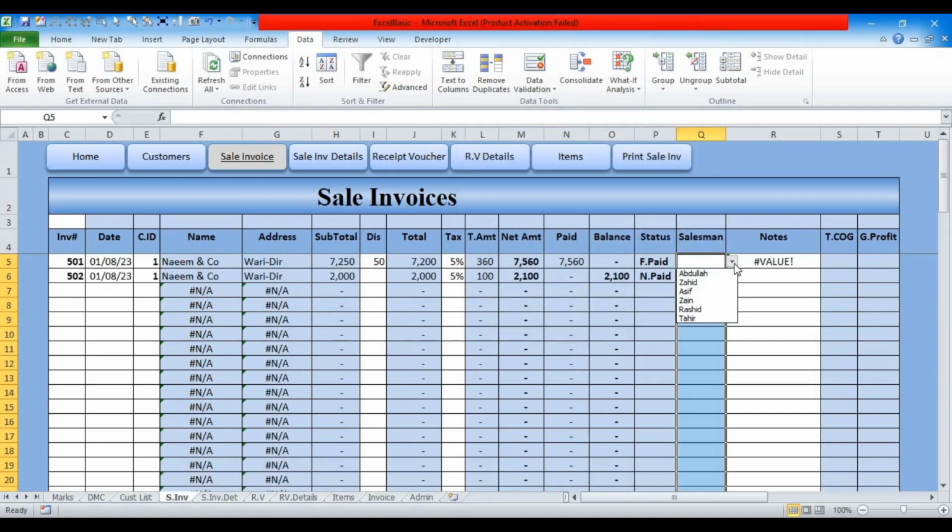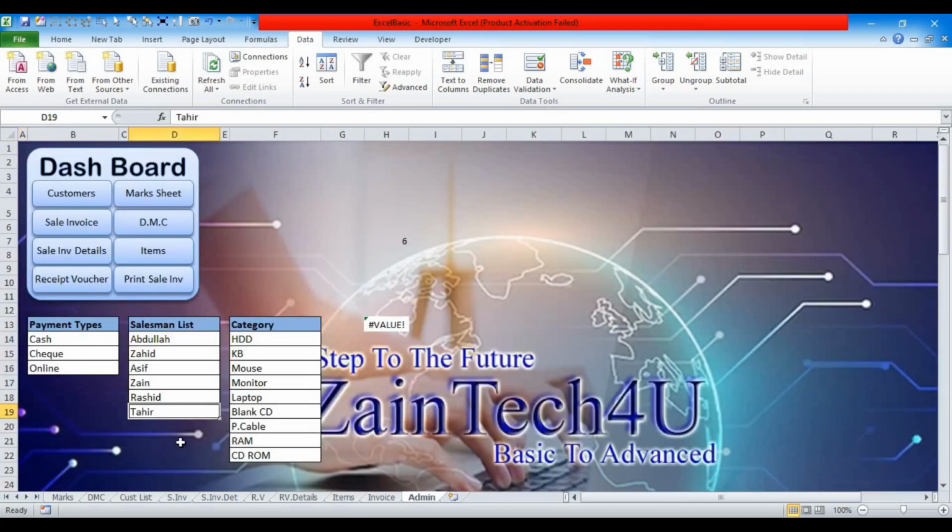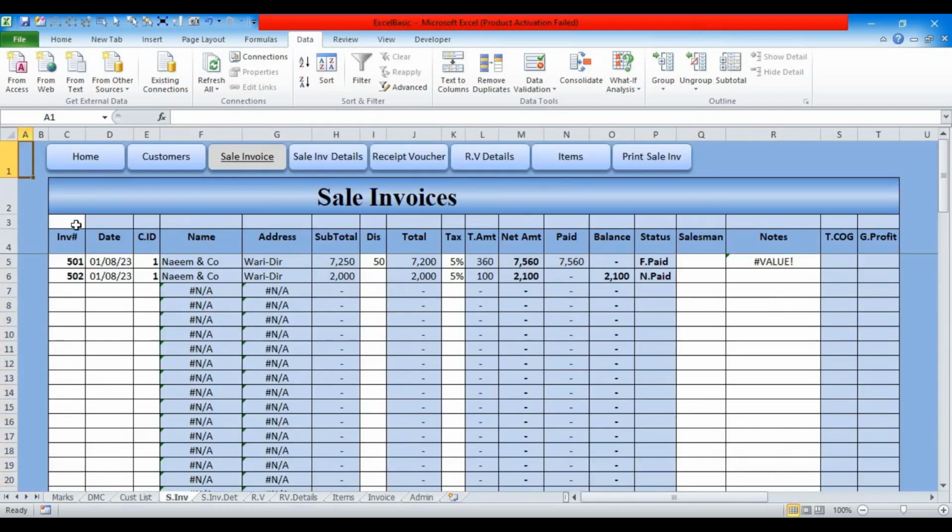Now let's see. Here you see now I only get the names. I don't get the blank spaces. So this is how, with the help of offset, you can create a dynamic list. Now if I delete, suppose the last name, I'll delete the last name from the admin sheet. I'll go back to home. I'll just select Tahir from there. Press delete. The format is changed and go to sale invoice. And here you see now Tahir is deleted. So for this sale I'll enter Abdullah. For this one I'll enter Zahid, for example. So this way you can get a dynamic